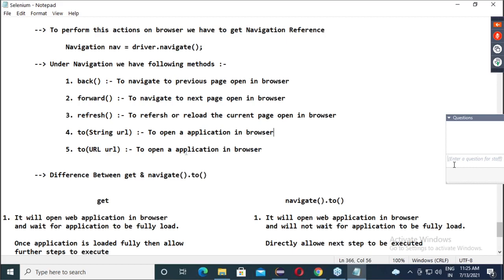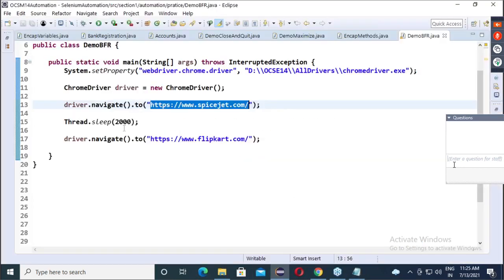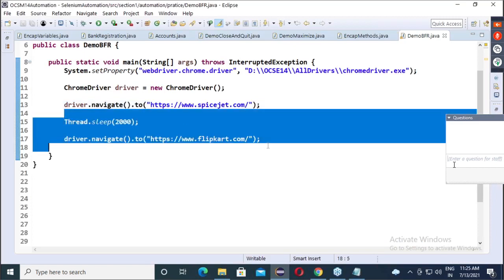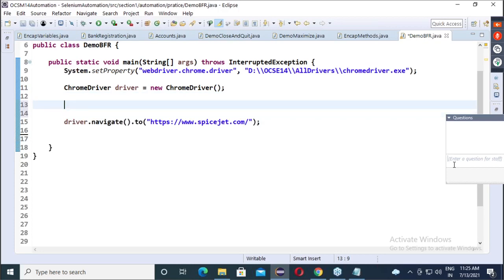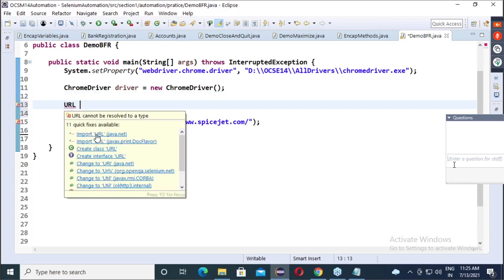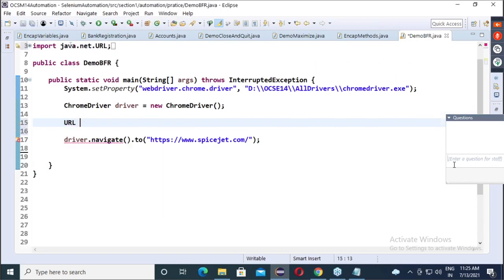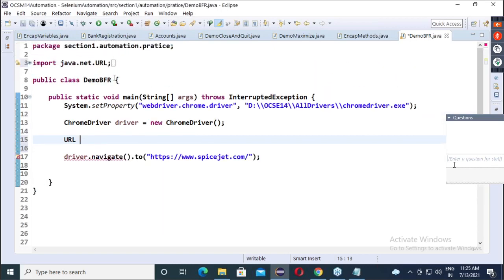So how is this method running? Okay. If we want to open with this 5th method, what will we do? I will just close this. Now observe here. We have to create an object of which class? URL. Can you see URL coming from Java, java.net? So java.net.URL. Okay. So URL equals new URL.